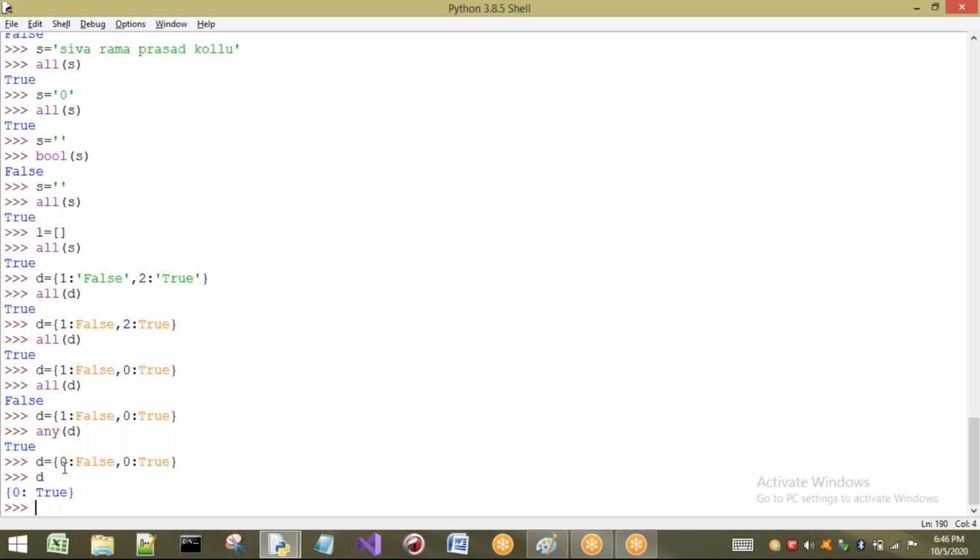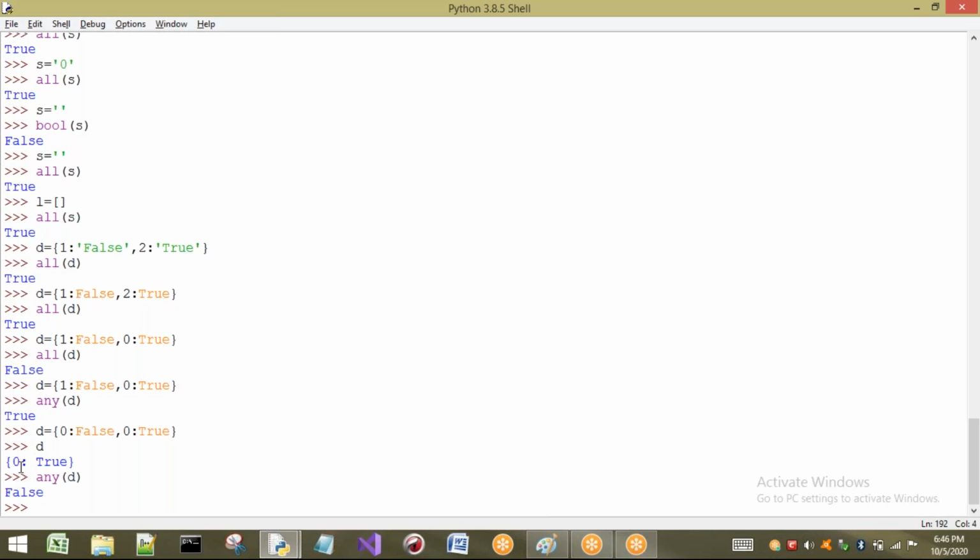Okay. So in this case also, if 0 is there, what does it indicate? It indicates false only. So any of D, we are going to get false, because it is going to consider only one element, and that element is also false. So here I will take false, false, false, false and false.